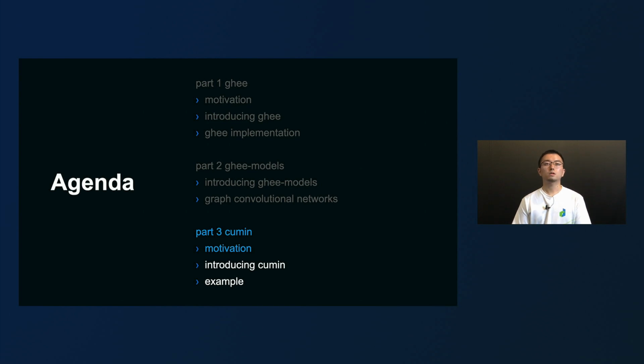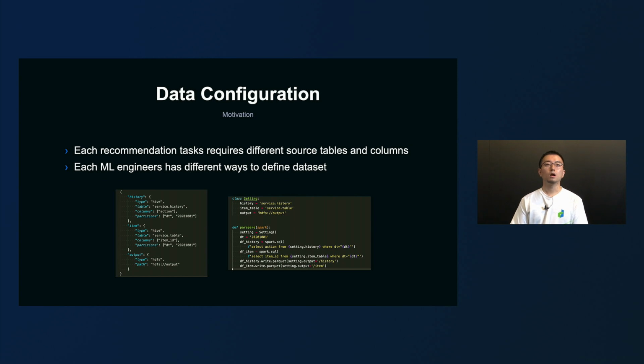I'm Saito. In Part 3, we will introduce you to Cumin, which is a library to manage the data generation methodologies. First, the motivation. We offer lots of recommendations to LINE services. Based on these recommendations, we generate data using lots of tables. In order to acquire appropriate training data, we set features for each table, and you also need to extract the